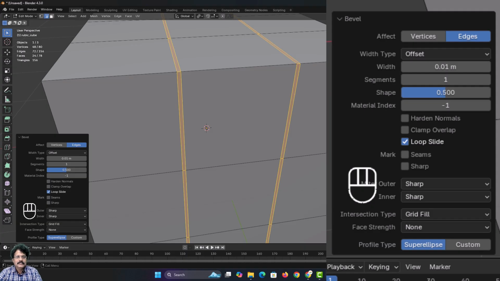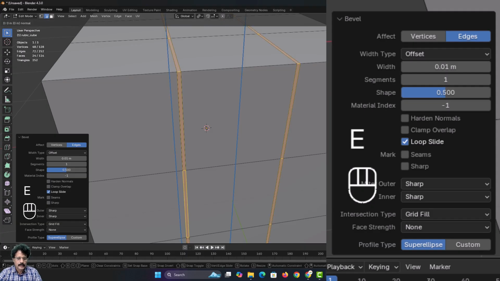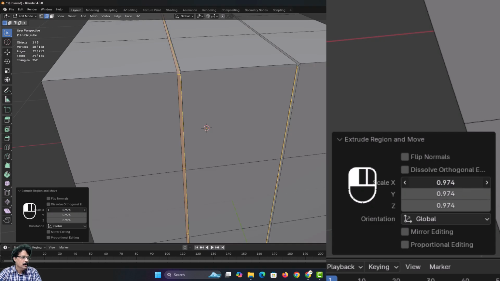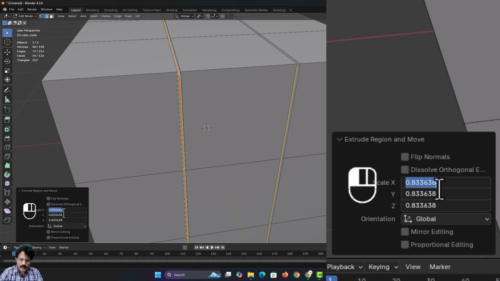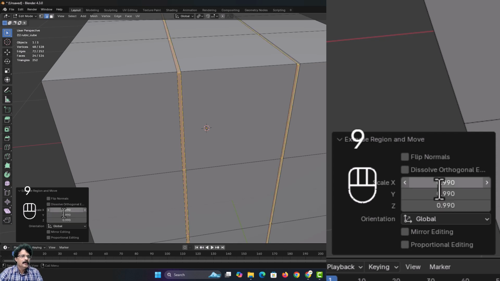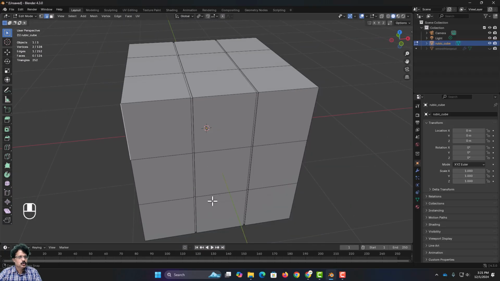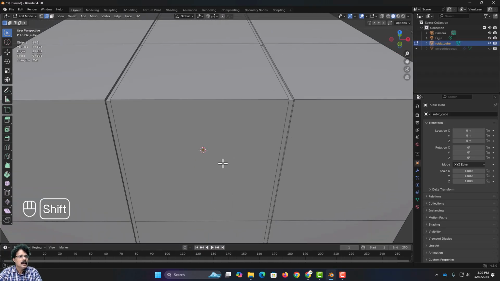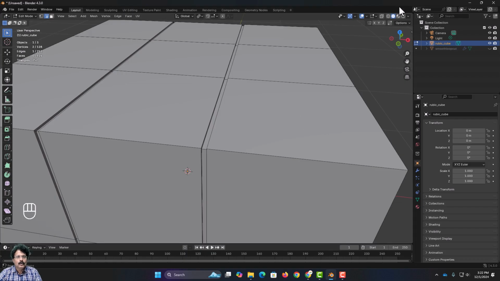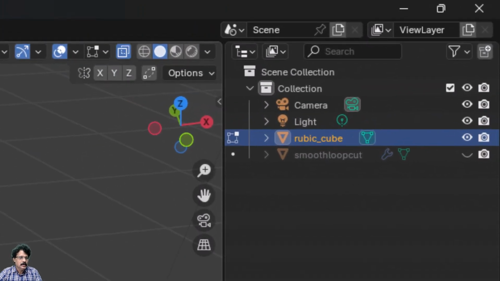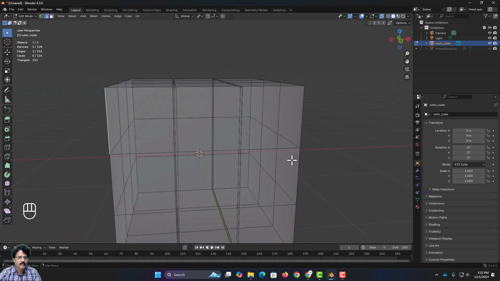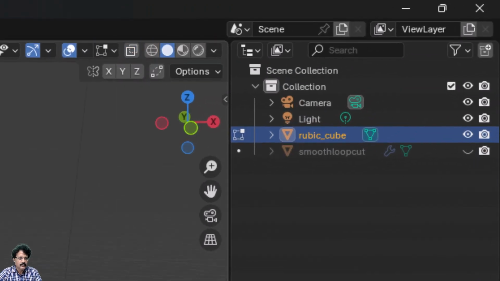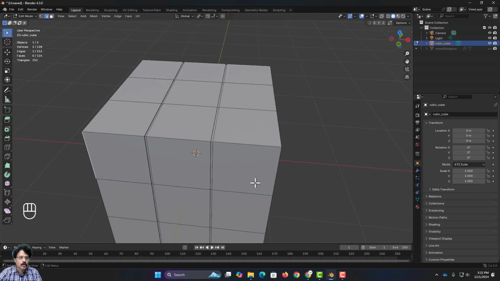Then I will press E to extrude it. I will press S to scale it, and I am going to slightly scale it down. I will select all these 3 values here and scale it down by 0.99 unit. So now you can see a small cut created over here. So I will switch on the X-ray mode to see this. So this is perfect. I will now come back out of the X-ray mode, and I am going to repeat this